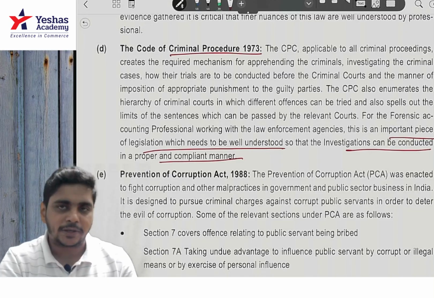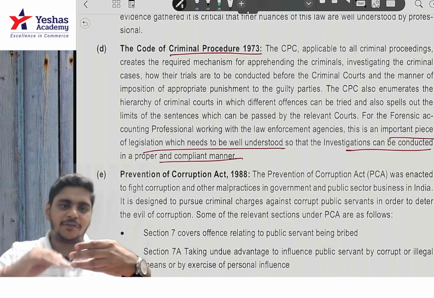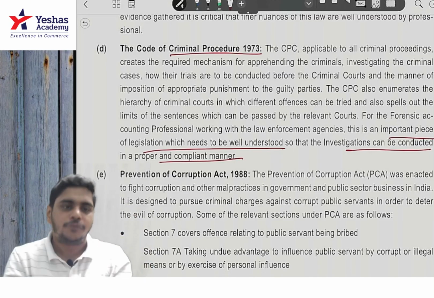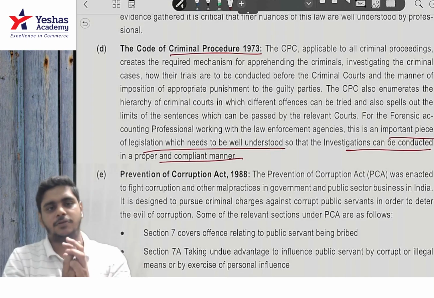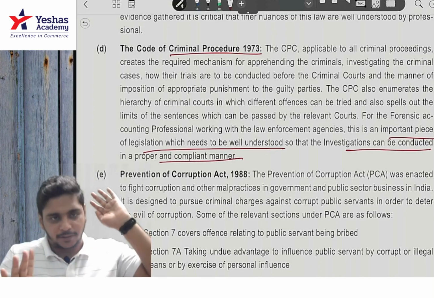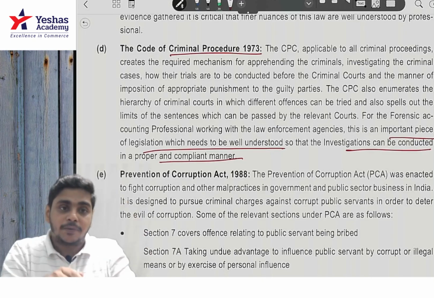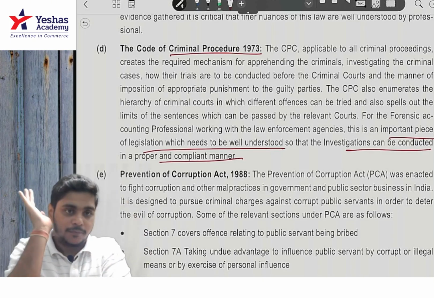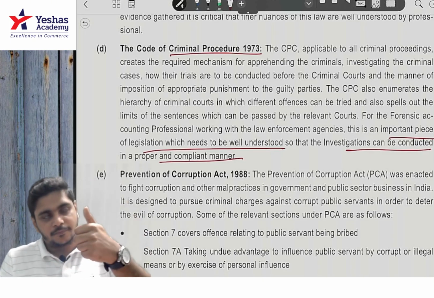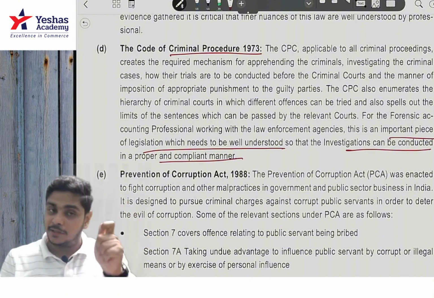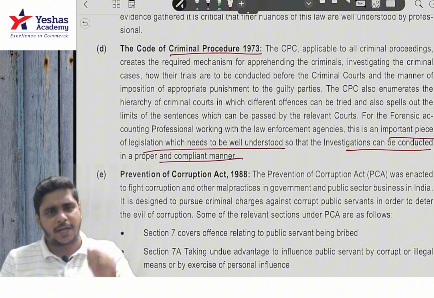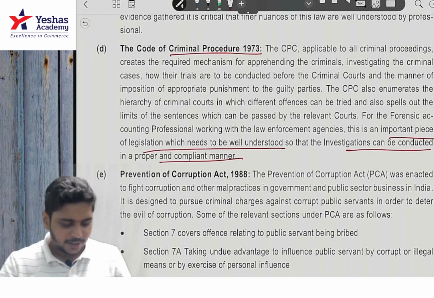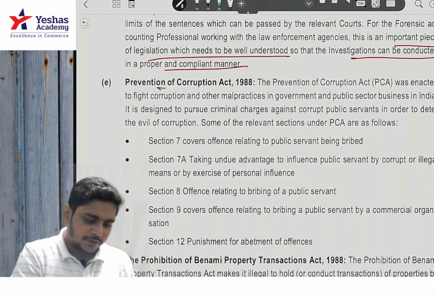They can ask us to identify, they will give you 4 acts. Identify out of these 4 which one is useful for a forensic professional. They will give 3 different acts from here and 1 odd man out, which is not useful. So we need to remember, okay. Indian Penal Code was there, Indian Contract Act was there, Indian Evidence Act was there, and Criminal Procedure Code 1973 was there. Okay?